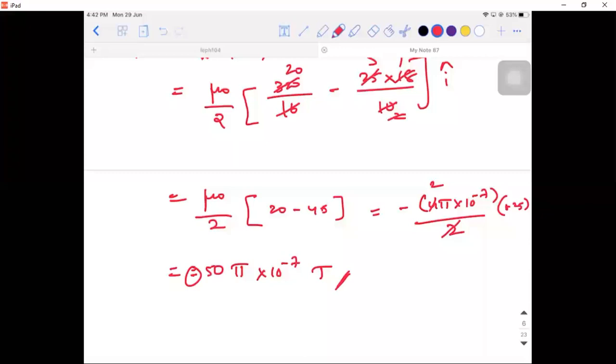Okay. So it is in the west direction. Sir, with what we consider, it is in the minus i cap direction. That's it. Minus i cap, with respect to this question, is west. West.